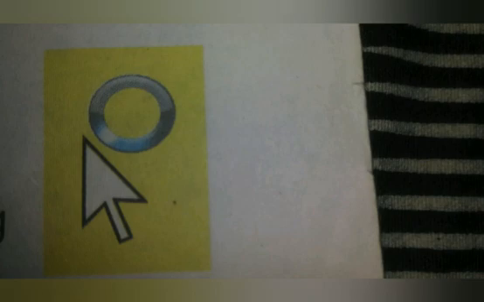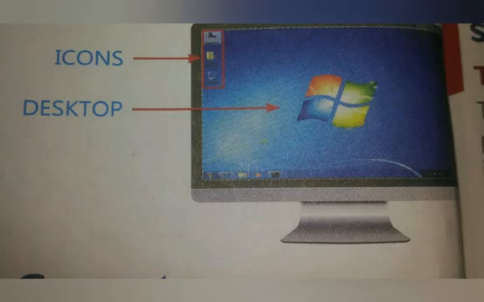After you switch on the monitor, you can see a moving circle next to the mouse arrow, which shows that the computer is preparing itself to get ready. And this process is known as booting. Once the booting is over, you can see a screen appears on the monitor. This screen is called the desktop. Here you can see, and it contains small icons which represents programs, games or other files.